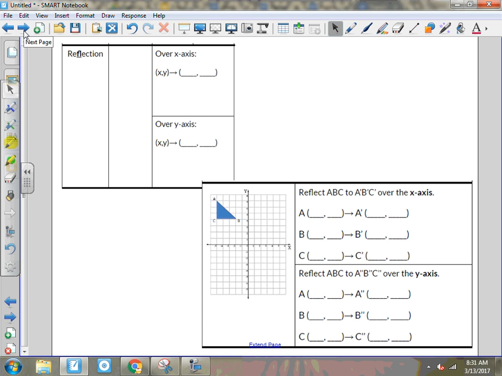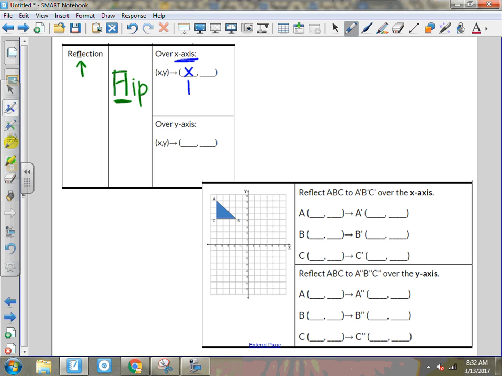Our next transformation that we're going to talk about is reflection. And again, I gave you a little clue. This FL is our clue that we are going to flip the figure. You can see that it starts with FL. Reflection, FL, flip, FL. So my shortcut here is that if we're flipping over the X axis, the